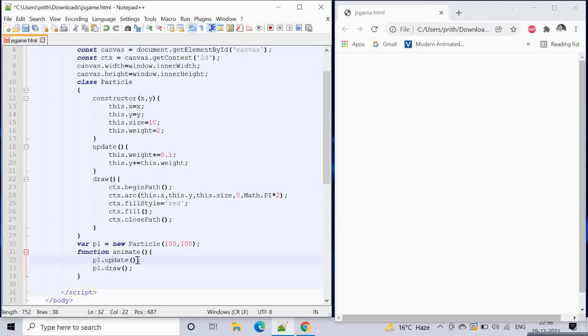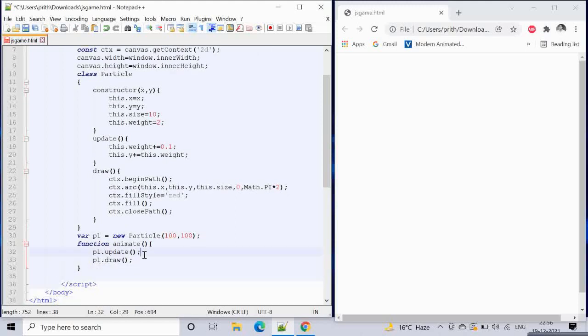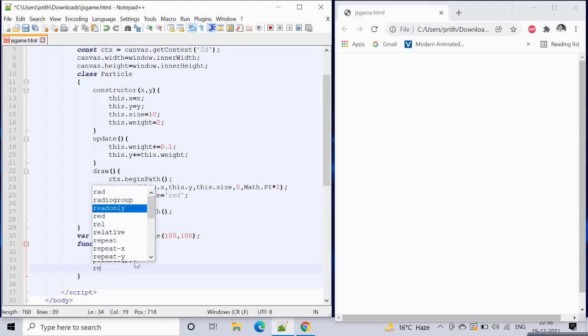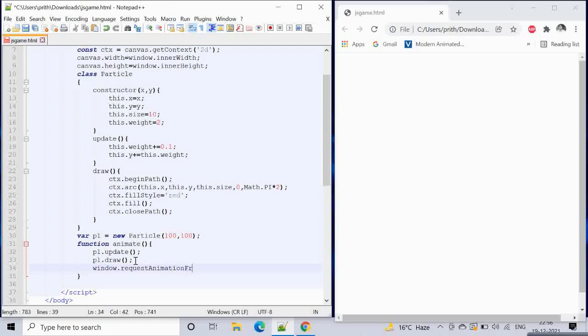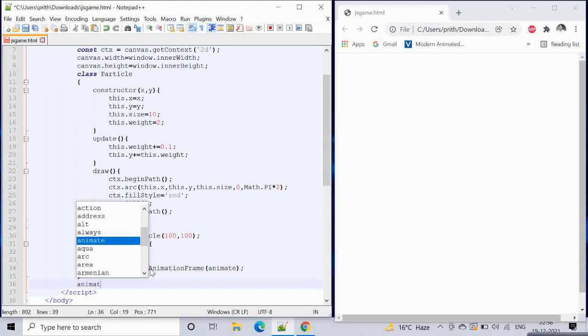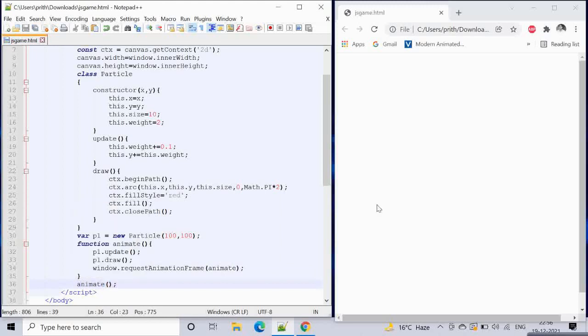But then we want to erase the earlier position. We will do that, but let's first use window.requestAnimationFrame. With this function we are calling the animate function in a loop, and outside let's call the animate function and see what happens.